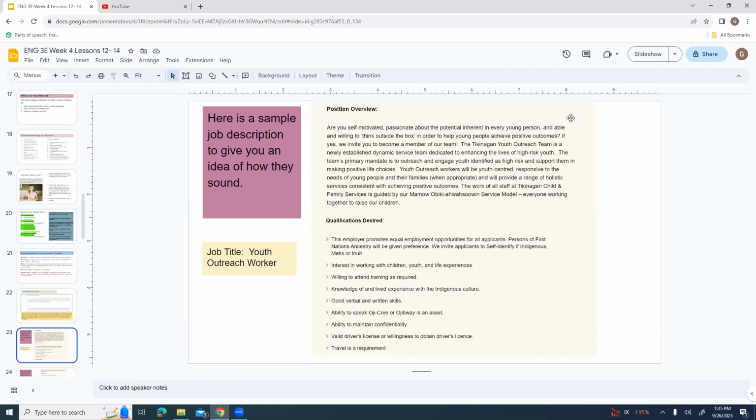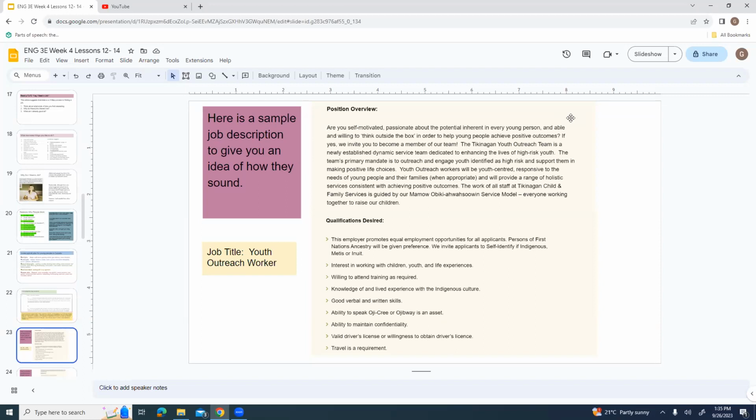The Tikanagan Youth Outreach Team is a newly established dynamic service team dedicated to enhancing the lives of high-risk youth. The team's primary mandate is to outreach and engage youth identified as high risk and support them in making positive life choices.